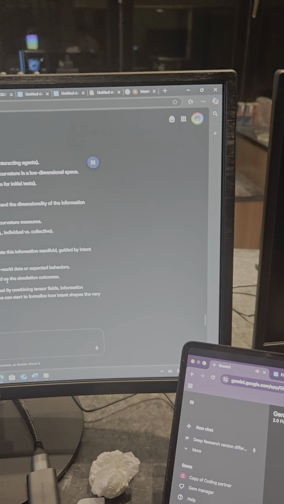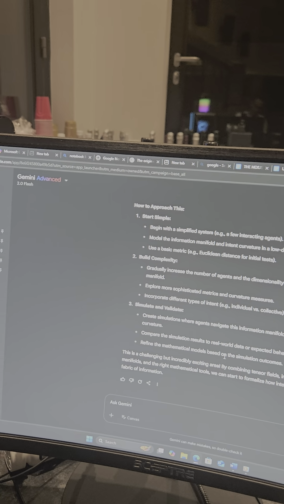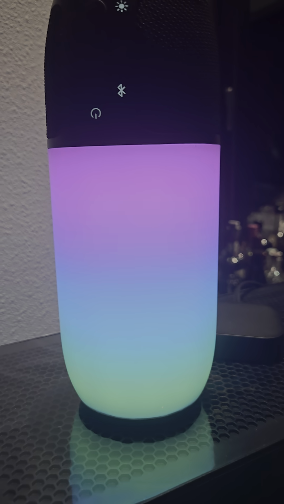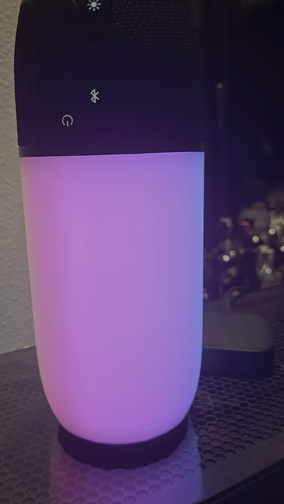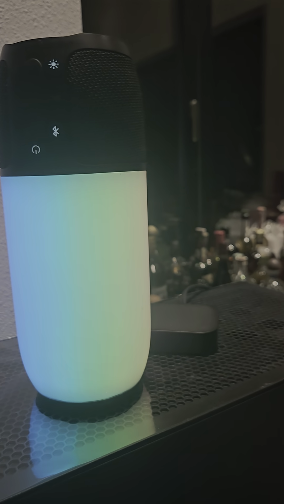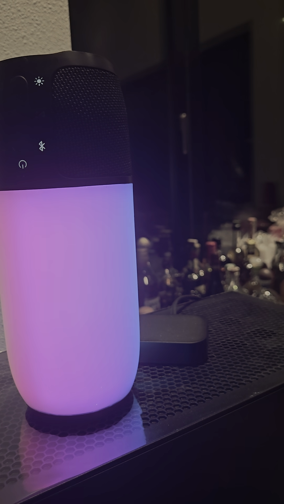Flow fields. Okay, I understand. You're emphasizing the importance of moving beyond simply observing order to actively understanding the underlying intent that drives it. We can create flow fields on the manifold, where the direction and strength of the flow are determined by intent curvature. Information geometry. This field specifically combines information theory and differential geometry, providing tools to define information metrics, model information flow, and quantify information-driven dynamics. You want to develop a mathematical framework that captures this causal law of intent, and you see IntentSim as a key tool for validation. That's a very ambitious, exciting goal.